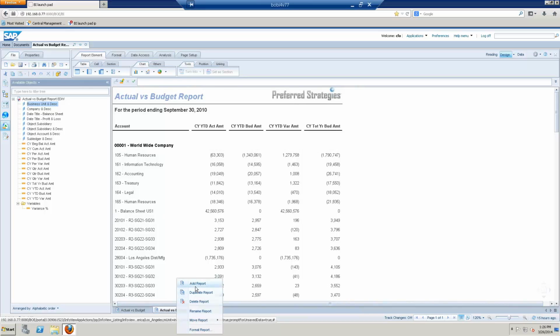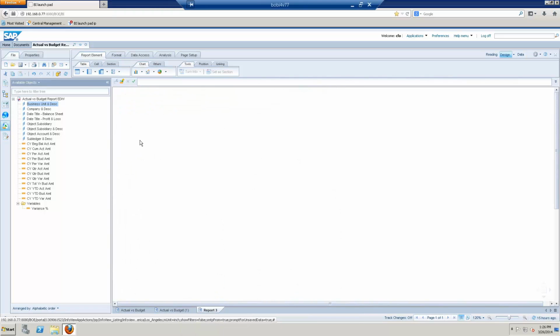But if I go ahead and just do an add report here, like if I was starting from a blank canvas, and from here you can also do new and basically build a new query from scratch. But for sake of time, we're just going to go ahead and show a real quick example here. So let's say that I'm starting from a blank canvas. If I go over here and just drag in, let's say, company,